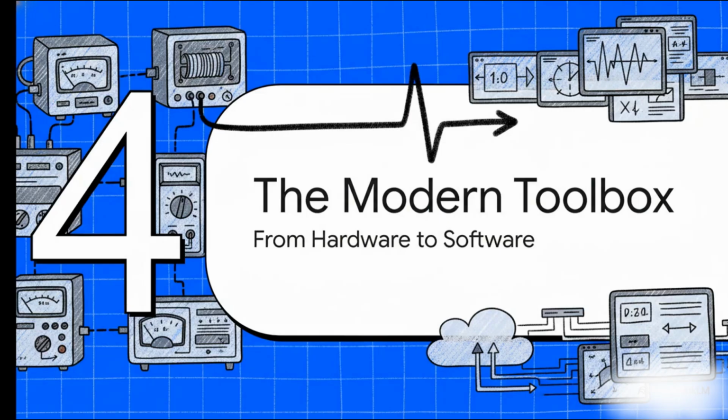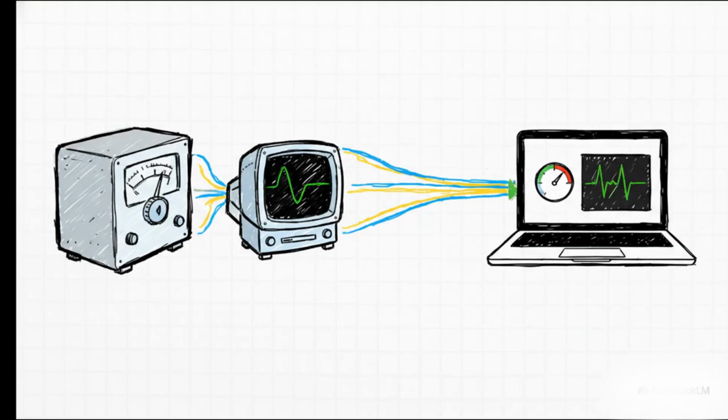All right, let's jump forward to the modern era. The fundamental principles, believe it or not, haven't really changed. But the tools we use, oh yeah, they've gone through a total revolution, moving from dedicated physical boxes into the super flexible world of software. You see, the spirit of the galvanometer and the oscilloscope is still alive and well. But today, instead of being stuck inside separate, bulky instruments, their functions are all integrated into compact, powerful devices driven by really sophisticated software. We basically took the hardware and taught it how to speak the language of computers.